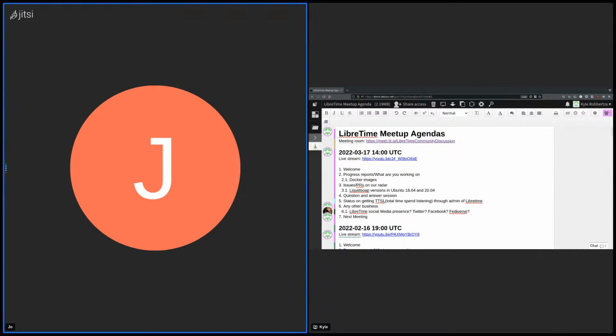There are already some existing ones, but I want to embed it into the earhorn tool, so we could have more metrics in there. It's not really in the LibreTime ecosystem yet, so I don't know if it really fits this meeting.